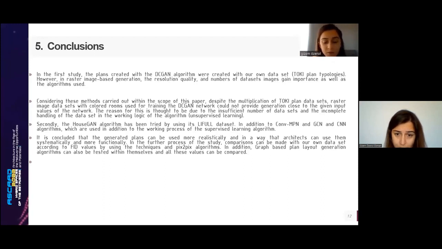In the further process of the study, comparisons can be made with our own datasets according to the fit values by using these techniques and also pix2pix algorithms. We didn't use pix2pix algorithms. Nowadays, actually, we are using the pix2pix algorithms, but in addition to this, we are trying to understand how graph-based plan layout generation algorithms can also be tested within themselves, and these values can be compared. So thanks to